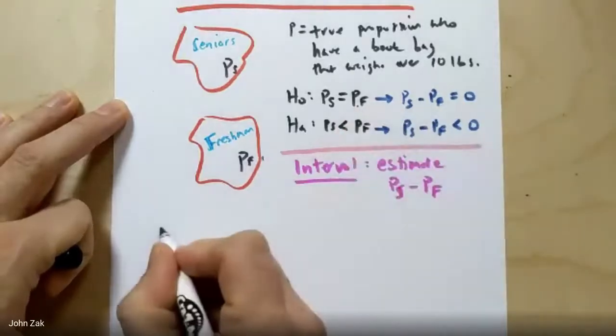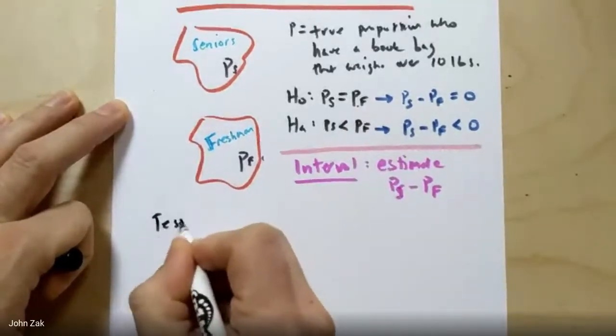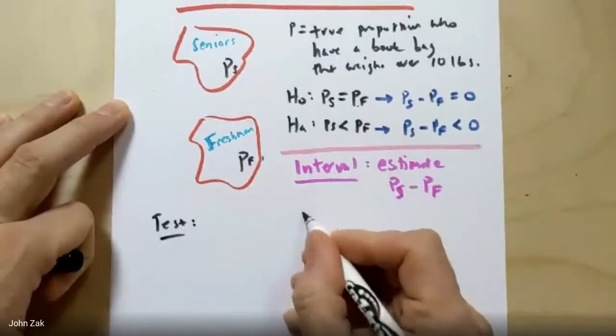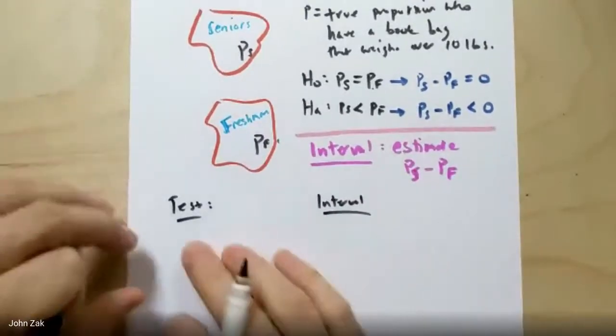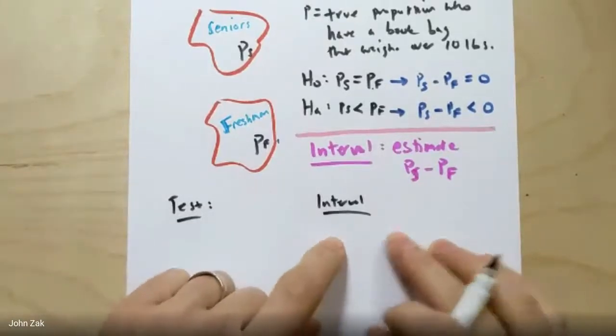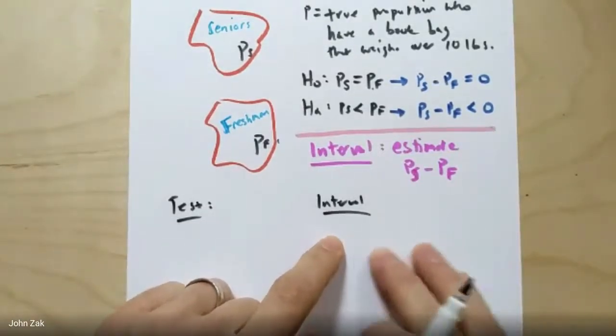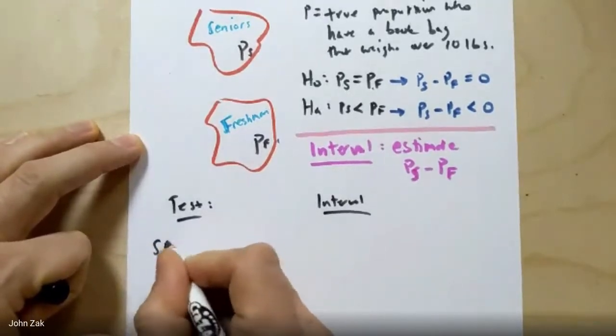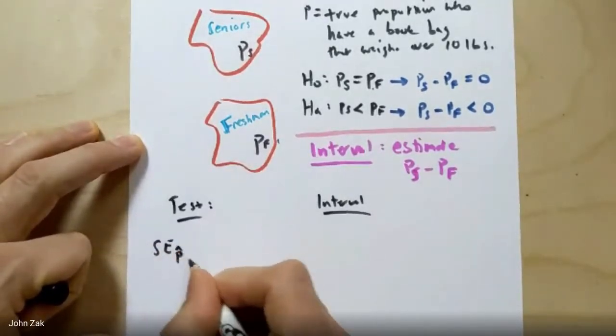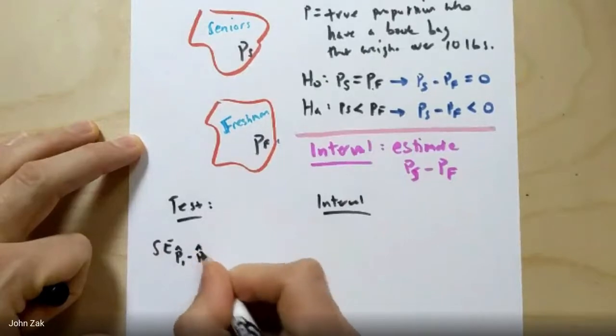If you're doing a test, there's actually going to be a slightly different standard error formula for when we calculate our test statistic versus when we are calculating the standard error that will go into our margin of error. So for a test, the standard error of, say, p hat 1 minus p hat 2